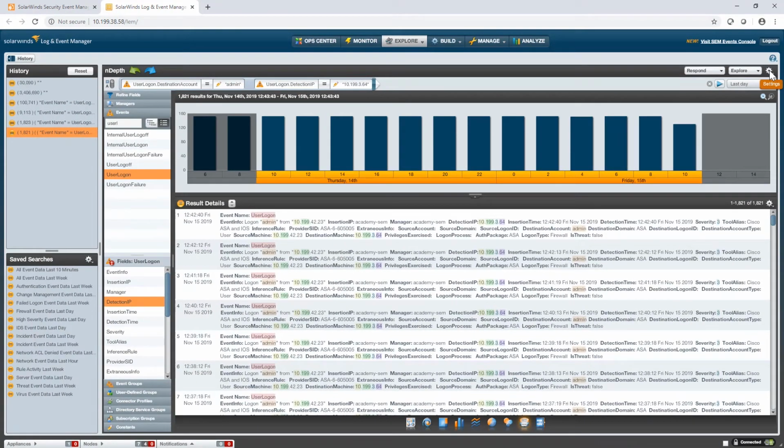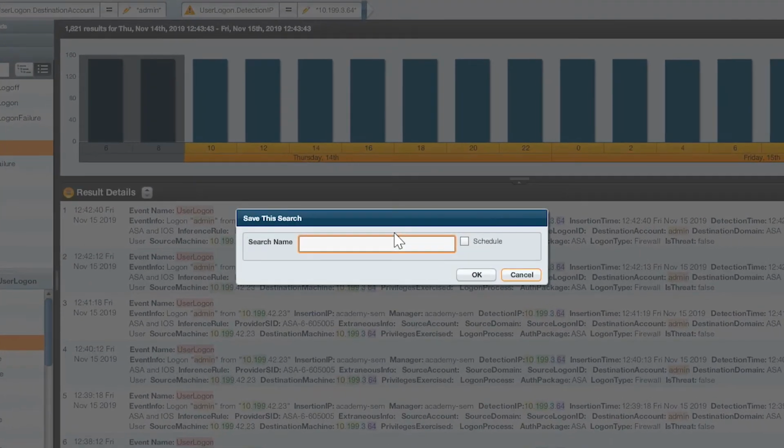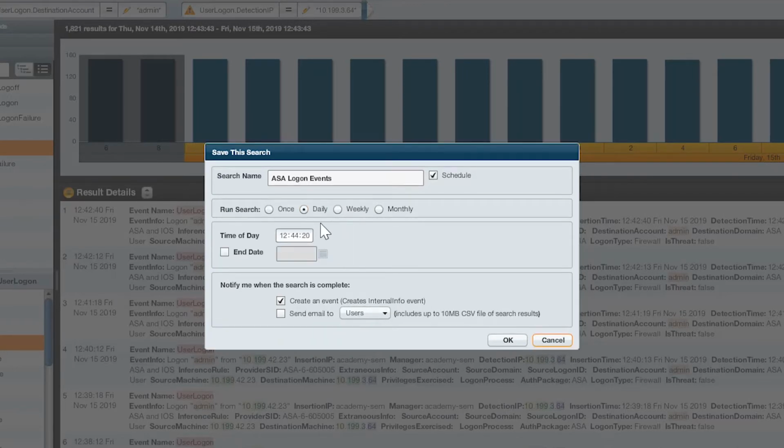If I wanted to save it, I could click on this top gear and do a save as. Just give it a quick search name. We can also choose to schedule it or not schedule it. If we wanted to schedule it, this same query will run for this time frame whenever we decide, or however often we decide to do that. So if I wanted to have a daily ASA logon report,